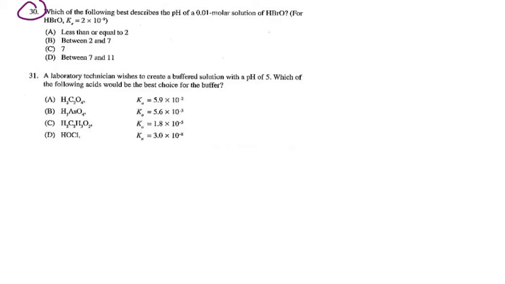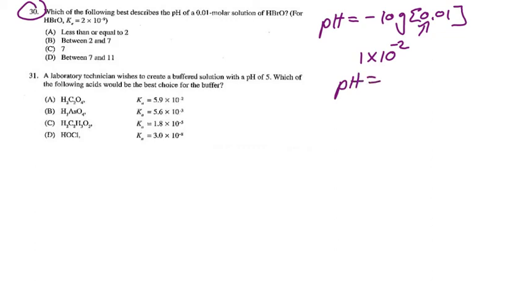So let's think for a second if it was strong. If it was strong, we could simply do pH equals negative log of the concentration of 0.01. And you remember, we can estimate negative logs if we change this number to scientific notation: 1 times 10 to the minus 2. And if you do that, the power will tell you what the pH would be. So this solution would have a pH that's approximately, not approximately, in this case, if it was a strong acid,